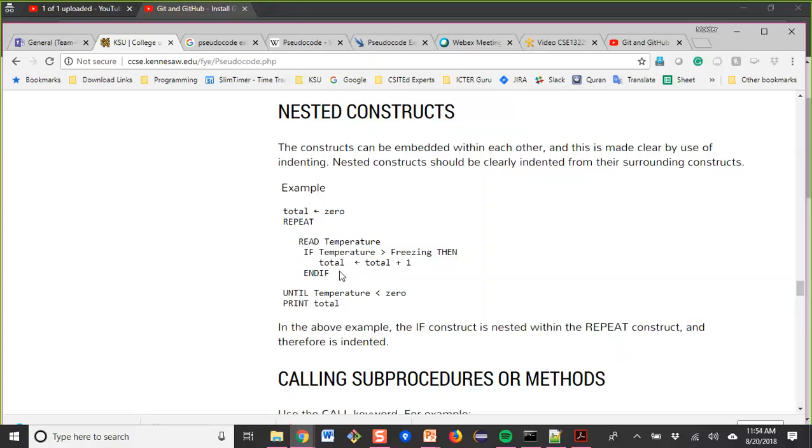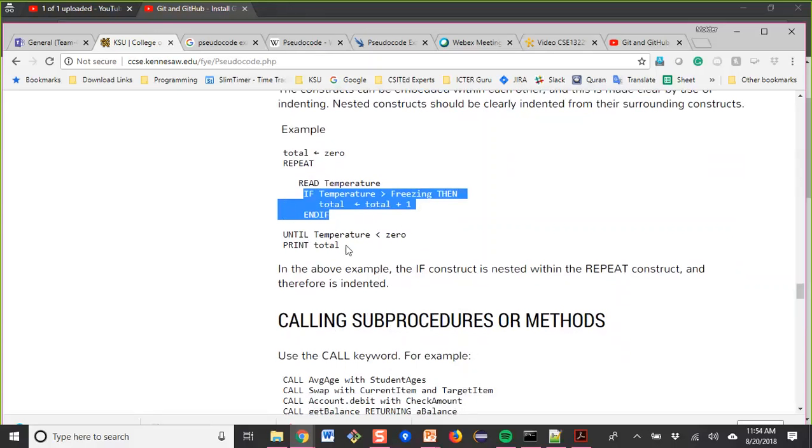Without closing the inner box first, you cannot close the outer box. It's the same thing. So if you have an inner block, an inner structure, you have to close that first, and then after closing all of the inner constructs, you can close the outer.